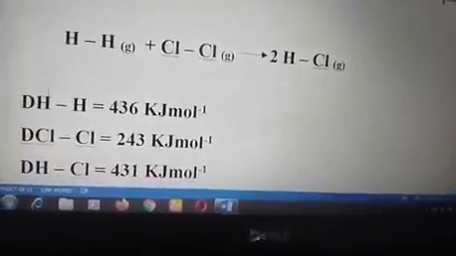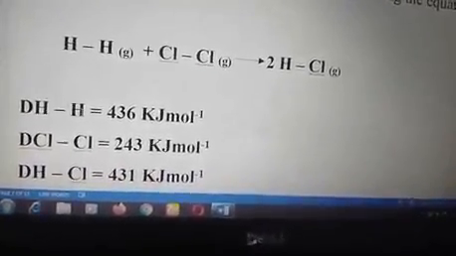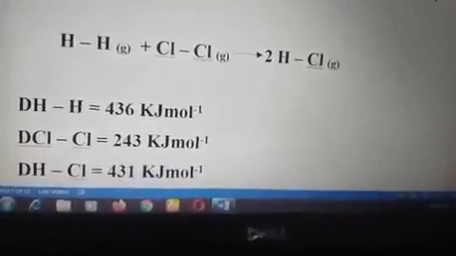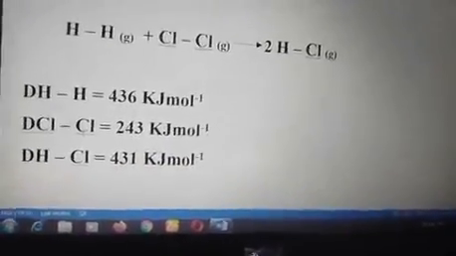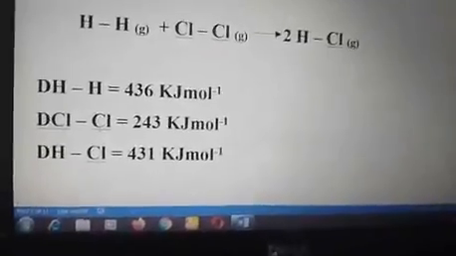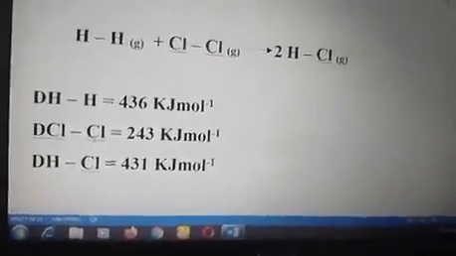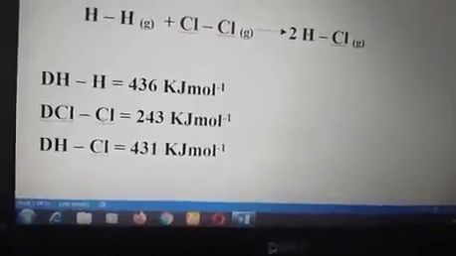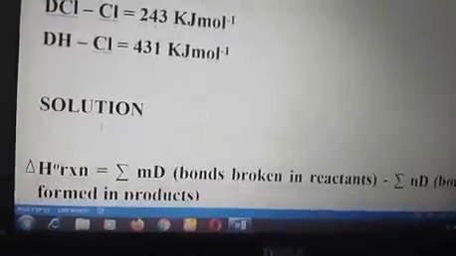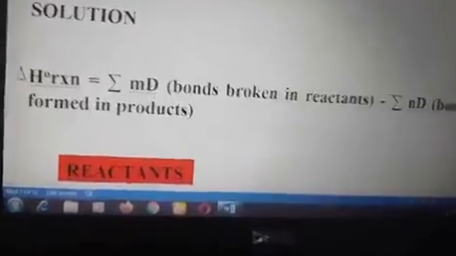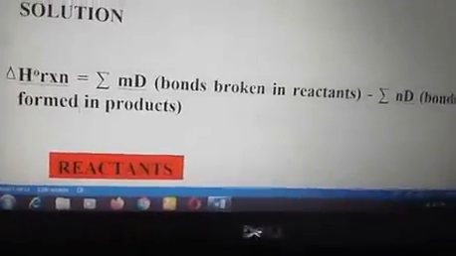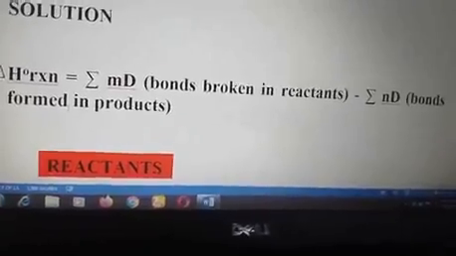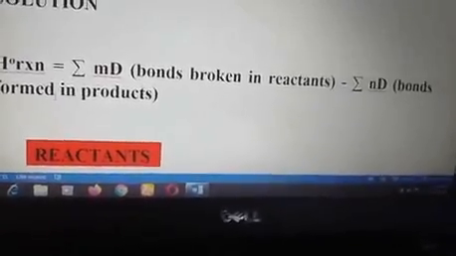So the bond energy for a hydrogen to hydrogen single bond is 436 kilojoules. The bond energy for a chlorine to chlorine single bond is 243 kilojoules. The bond energy for a hydrogen to chlorine single bond is 431 kilojoules per mole. We apply a similar process. The heat of reaction is the total of the bond energy of bonds broken in the reactants minus